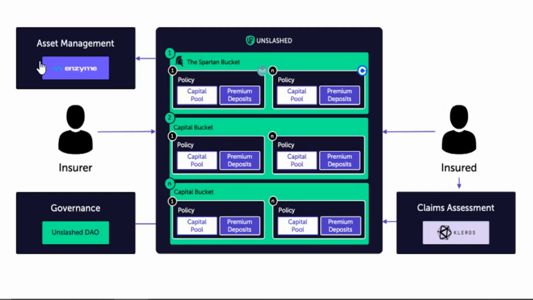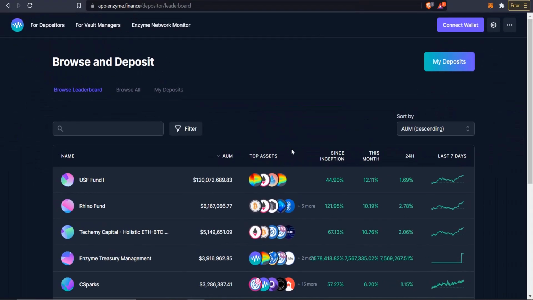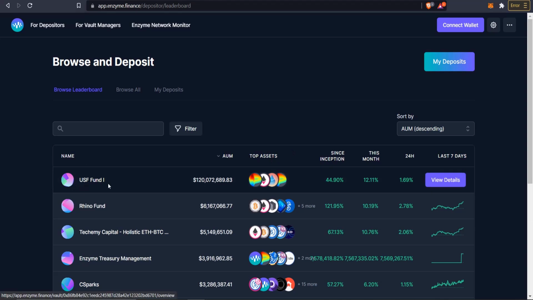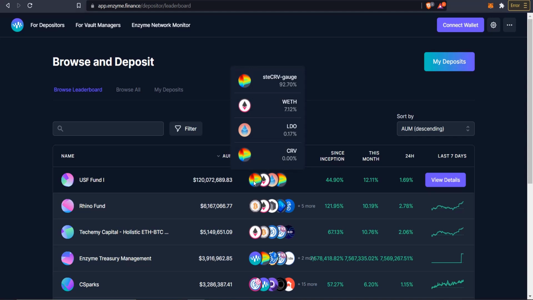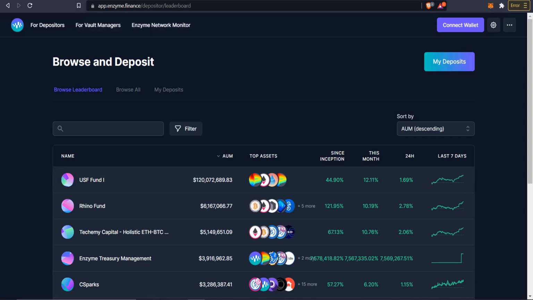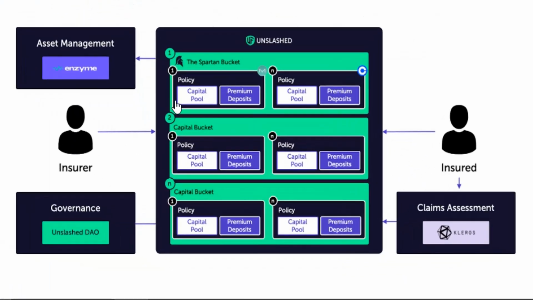So what they do is they funnel them over to Enzyme, which is another protocol, which is over here. As you can see, the USF fund number 1. So this is the current first fund. And what they're doing with this Ethereum is they're holding some Ethereum, and then they're staking the rest in Curve and farming Lido and CRV tokens and so forth. So it's kind of like a vault running here and producing some sort of interest. And then that interest is being funneled back to these buckets here, to this pool of